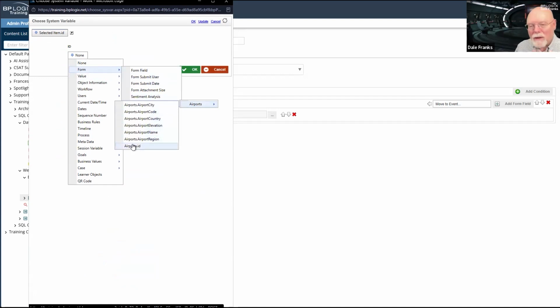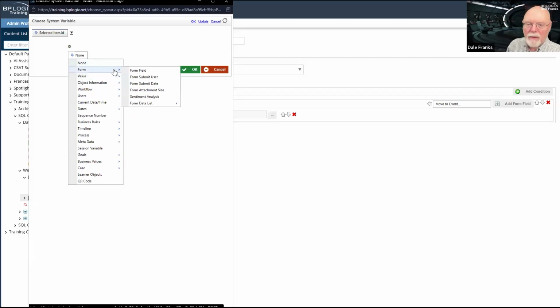By the way, just notice this is a little bit different because we're using the data list, which is a new control. So we haven't done a lot of stuff with the data list in the training webinars. When you are using the choose system variable dialog box, if there is a data list control on the form, when you go to form, you're not going to go to form field.